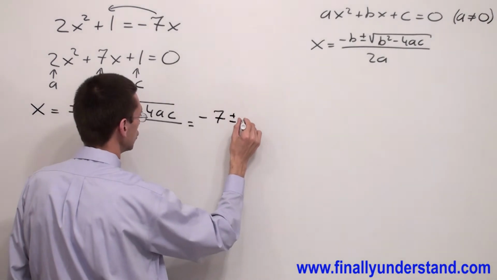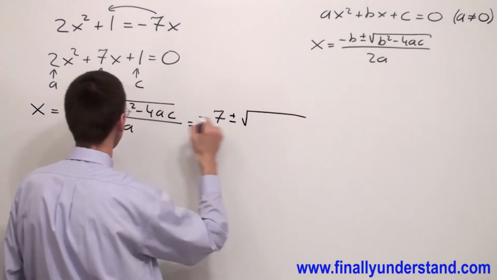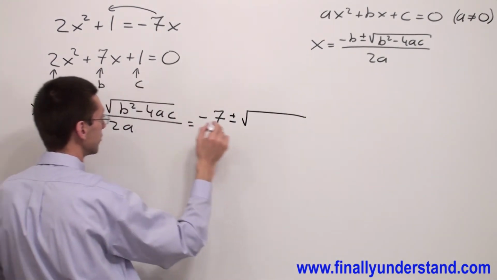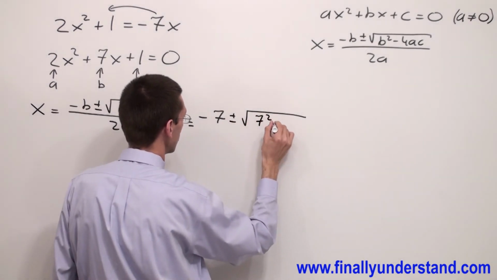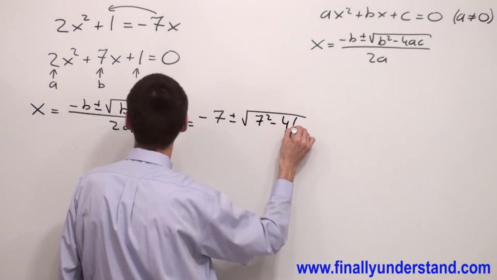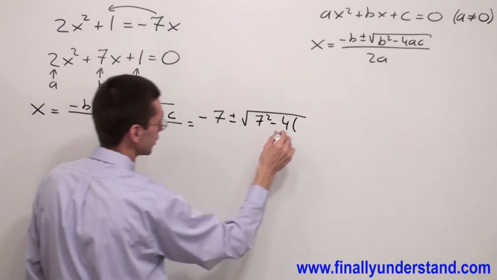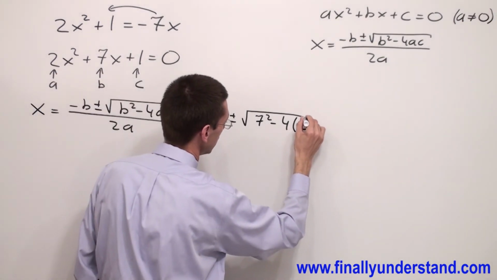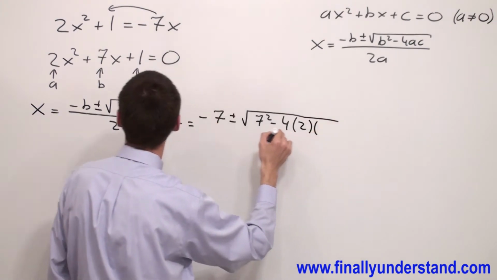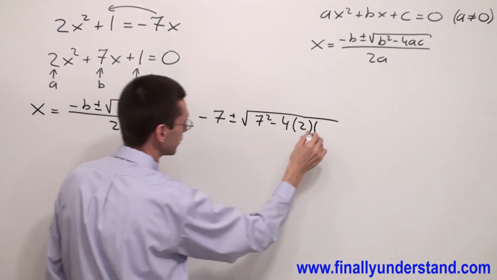Plus or minus the square root, and I have b, which is 7 to the second power, minus 4 times a, which is 2. So I have to write 2 over here. And I have c equals 1